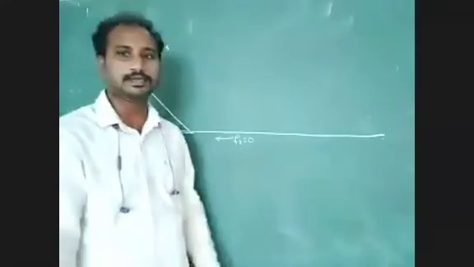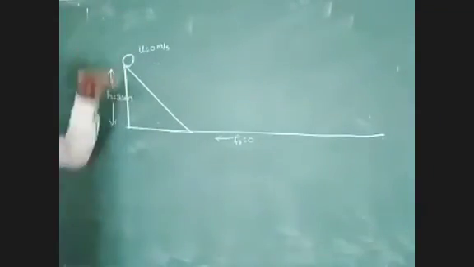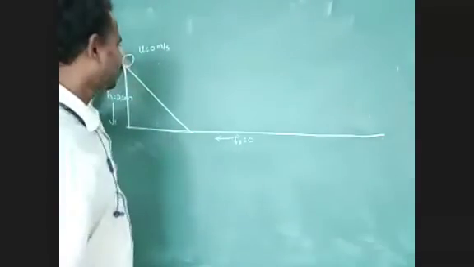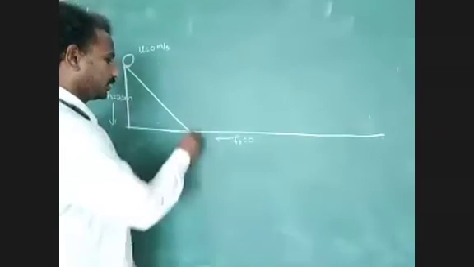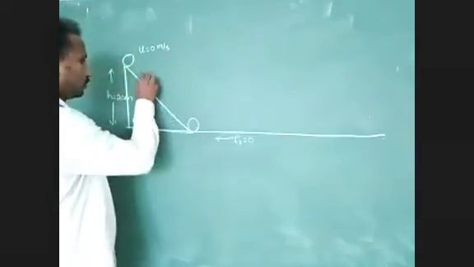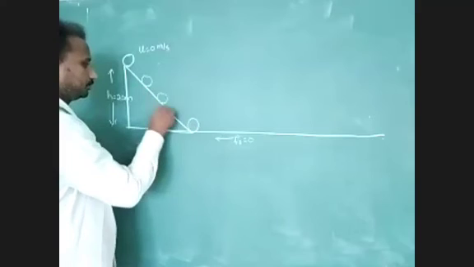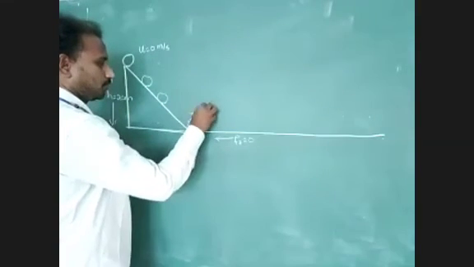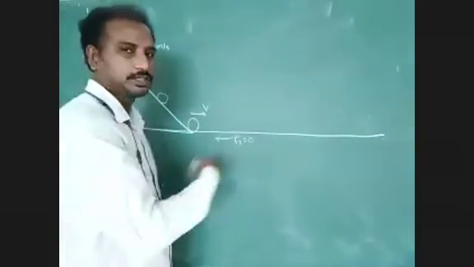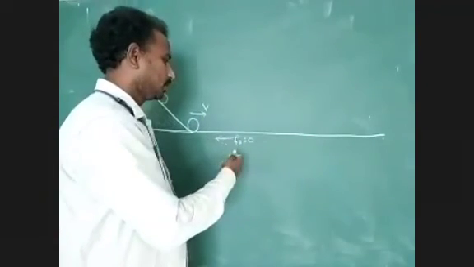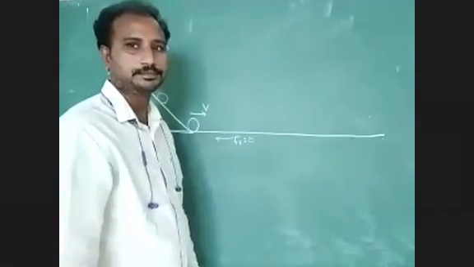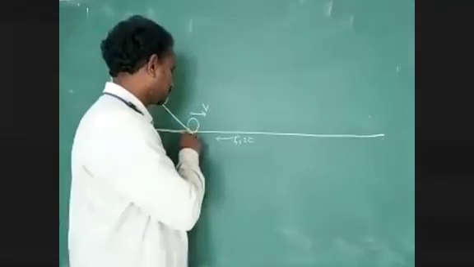There is no other inclined plane surface. What is the initial velocity? Initial velocity U equals 0 meters per second. Now this body is rolling on the inclined plane surface, then it reaches the ground. What is the final velocity of this body? Final velocity of the body V. There is no friction. If there is no friction, then the body will maintain its velocity. Yes or no?